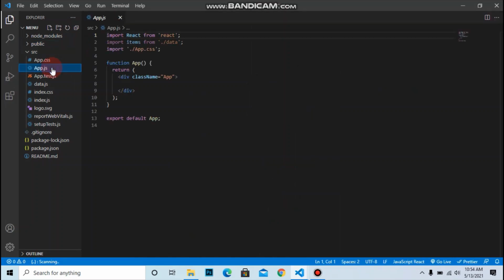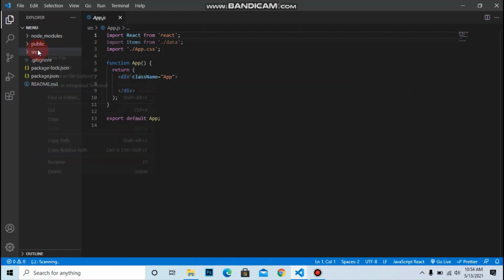Then let's make two components, that is menu.js, which will display the list of items, and categories.js, which will display the buttons that allow us to filter the list. In the new folder, let's make a new file, that is menu.js.